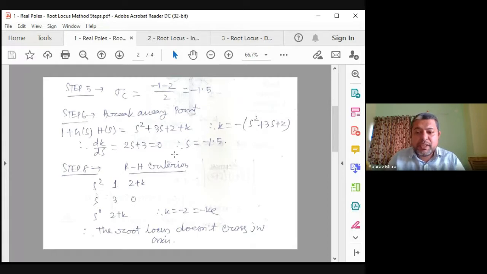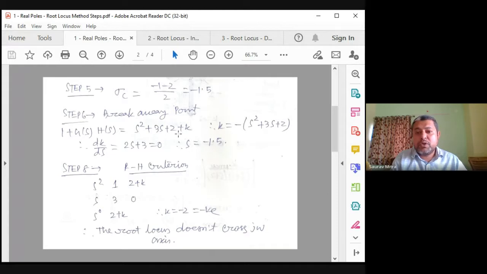In the numerical from day before yesterday, we had K divided by S into (S plus 4). In that case, the characteristic equation was S into (S plus 4) plus K, so that was S square plus 4S plus K, because there was no constant part. In this case, there is a constant part, because multiplying (S plus 1) and (S plus 2) gives S square plus 3S plus 2, and plus K. So there are actually three terms. S square has a coefficient of 1, S has a coefficient of 3, and the constant term is 2 plus